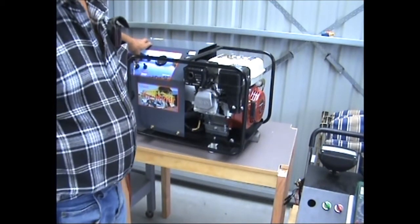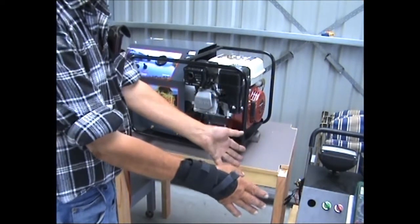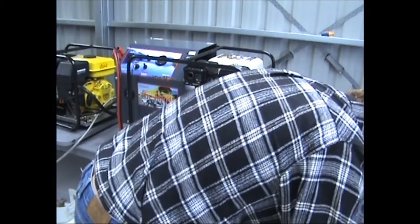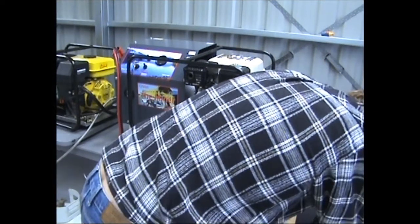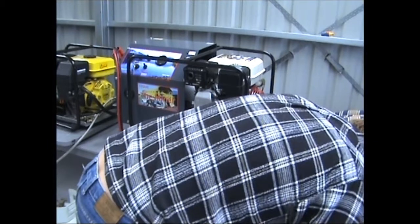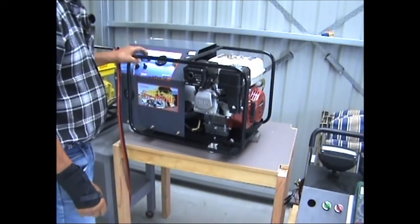Now that was the auto start. Now that was organised by the voltage that dropped in the batteries, which is there in my test batteries. So that was there on 12 volts. So I'll now change it over to 24. We've now got 24 volt batteries. Now all I have to do is switch this down here,